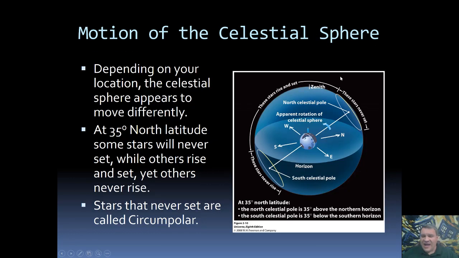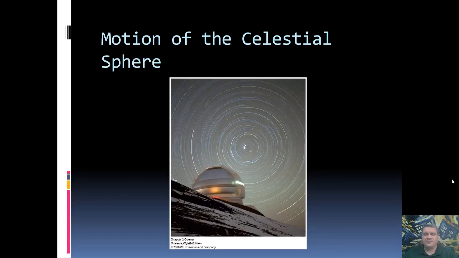Now, if we go the other direction, so head towards the equator, then, again, going back to this image, as we get closer and closer to the equator, this region where the stars never rise is going to get smaller and smaller, and the circumpolar region is going to get smaller and smaller. So that if you are standing exactly on the equator, there's no circumpolar region, and there's no region that you will never see. If you're standing on the equator, all stars will be able to rise and set.